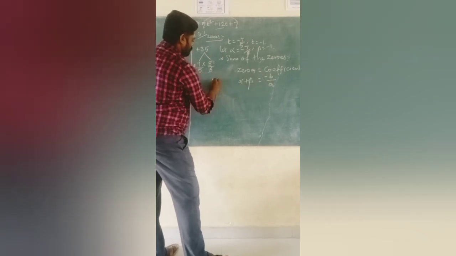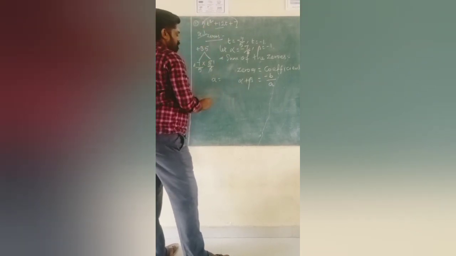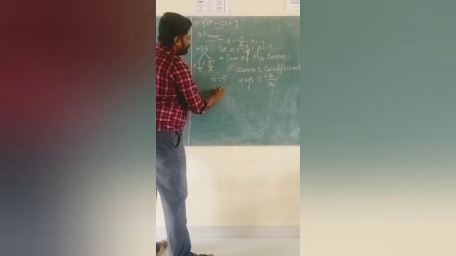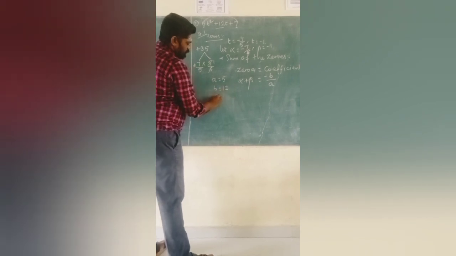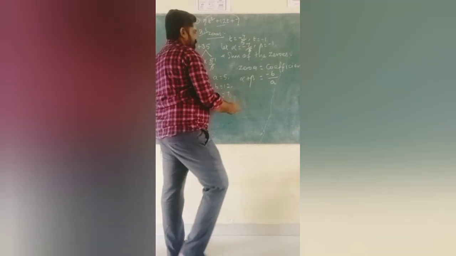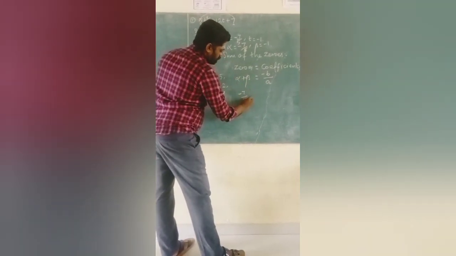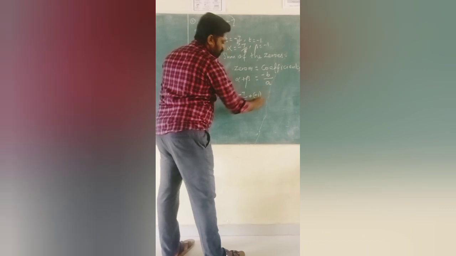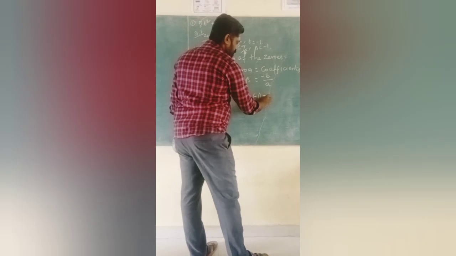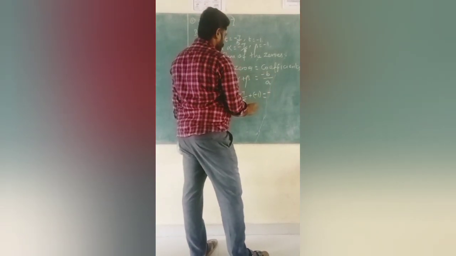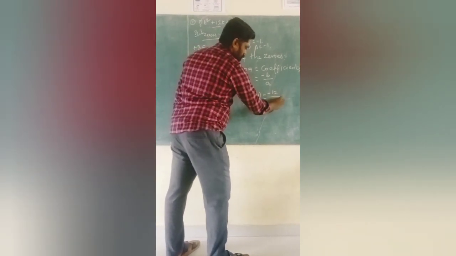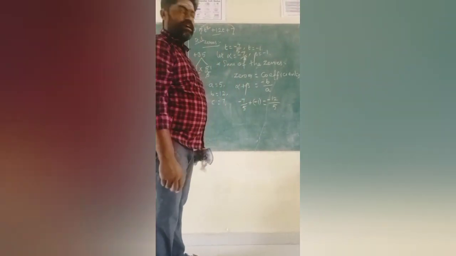And a, what is a? Take this quadratic equation: the coefficient of t squared is a, which is 5. And b value is plus 12, and c value is plus 7. Now you can substitute all the values here. Alpha value is minus 7 by 5 plus beta value minus 1. Put the bracket, because the symbols come continuously. Then minus b, b value is plus 12, divided by a value 5. Understood or not?